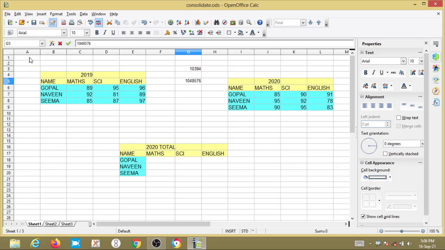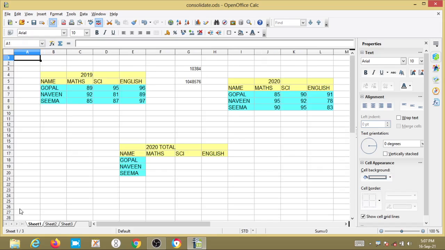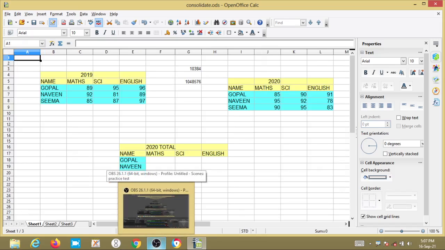See here, for example, this is row 1, column A. So, press Control Down. See here, 10,48,576. Again press Control Up arrow, it will come back here. So, this is the spreadsheet.